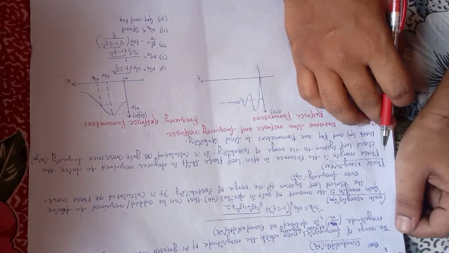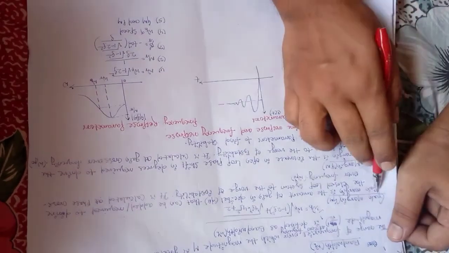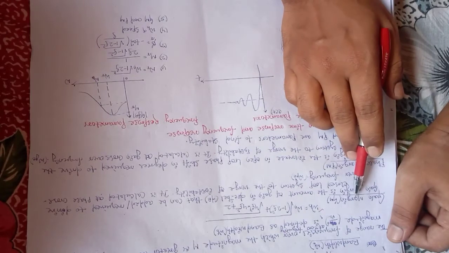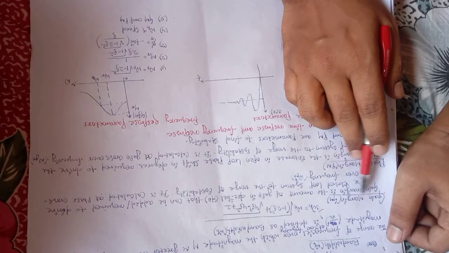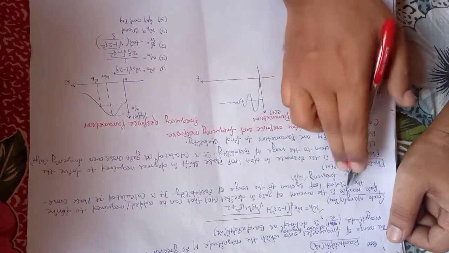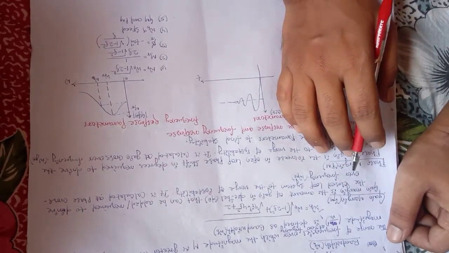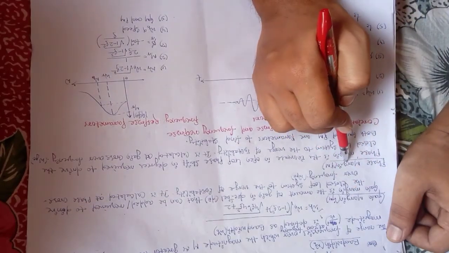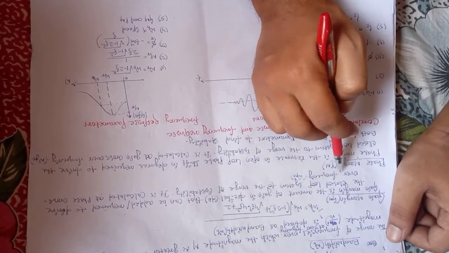So from gain margin and phase margin, we can find the stability of a particular system in the frequency domain, because the gain margin and phase margin terms only come in the frequency domain. So what is gain margin? These two terms we will broadly see in the Bode plot. So here we will see the definitions only.